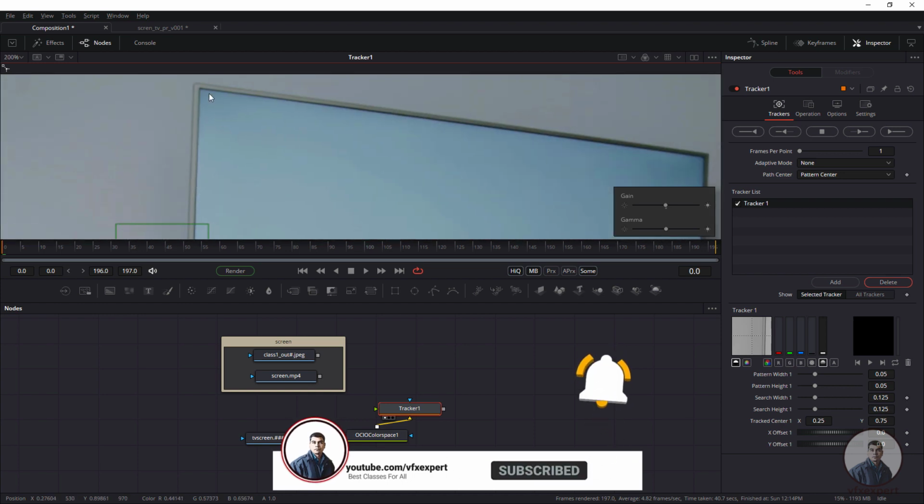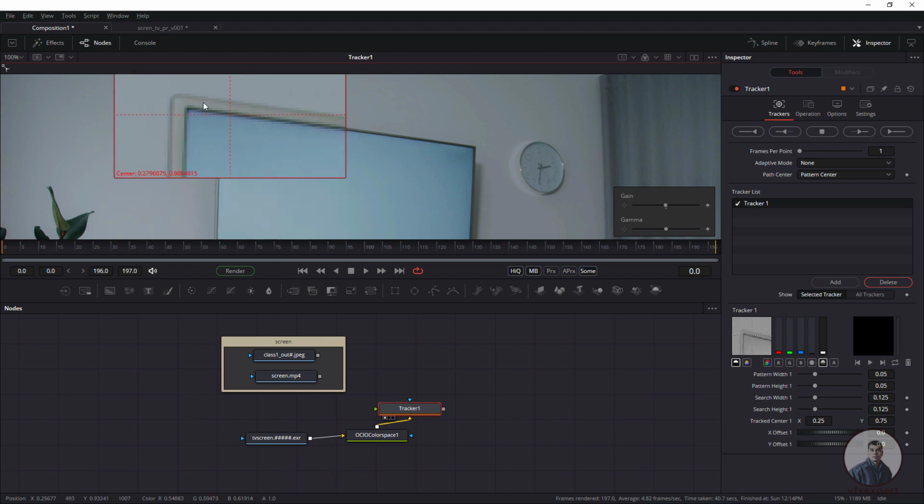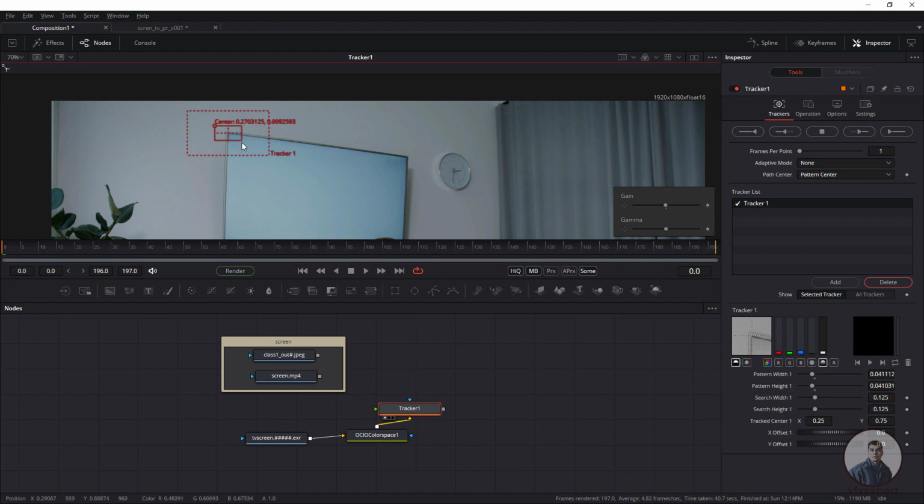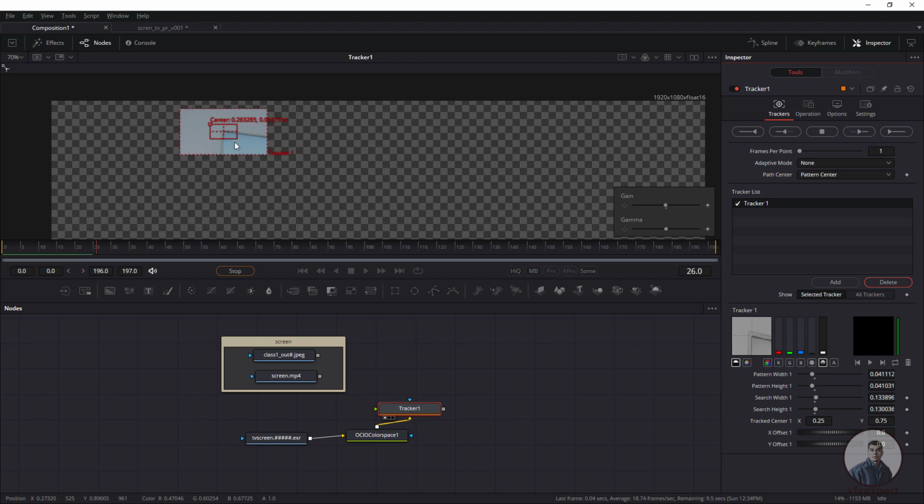First, I am going to track the first corner. Then we can reduce the pattern size and pattern area. Before placing your tracker position, you have to check your plate position. Now we are starting at the beginning of our timeline. Then you can see in the right side, in our inspector panel, this is forward tracking, then backward tracking. We have to click on Track Forward. Suppose you are placing your playhead in between your timeline, then you can use these options. Okay, now I am going to click on Track Forward. This will track these points.